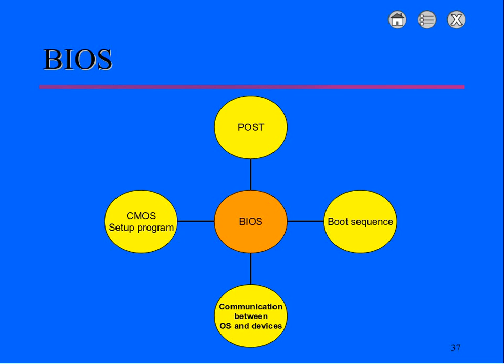As long as there was power applied, or even just a voltage applied by a little battery, this kind of memory would not forget. So the BIOS had that type of memory associated with it, and the purpose of that memory was to store data and settings for the BIOS. And so originally the motherboards had a battery on them, and that battery would maintain the settings of the CMOS